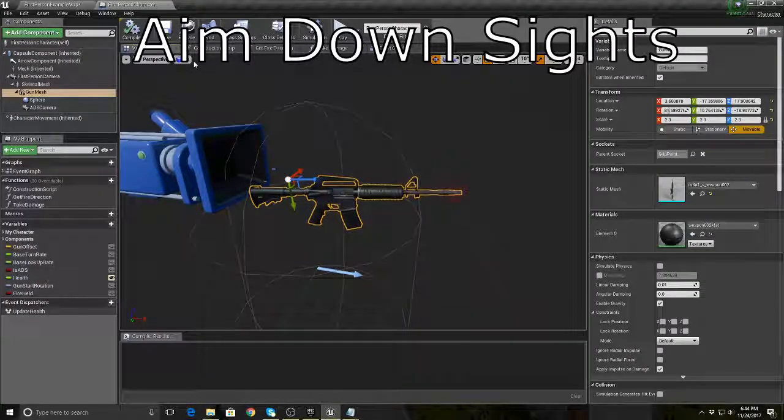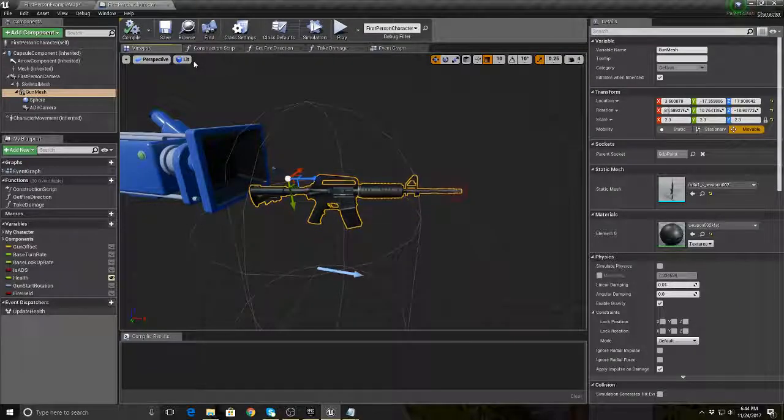Okay, let's talk about aiming down the sights. Now, aiming down the sights is not something that the engine, like this template, has in it by default. There are a lot of tutorials on how to do it online because obviously it's a very standard feature in most modern first-person shooters, but it's certainly not in Unreal Tournament. So